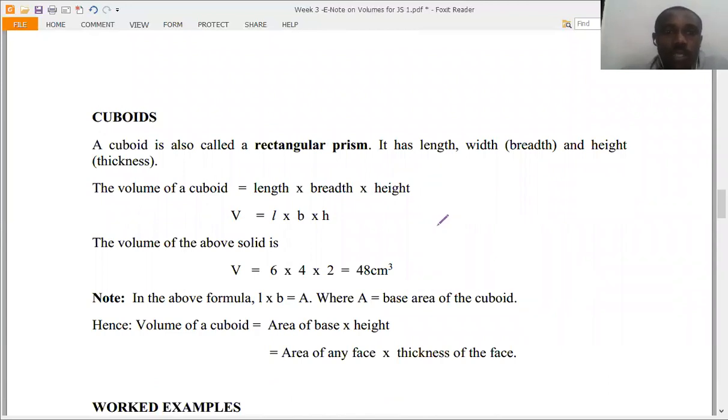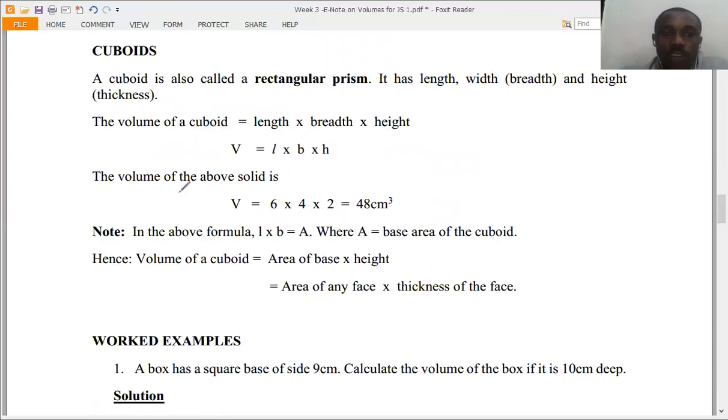A cuboid is also called a rectangular prism. It has length, width, also called breadth, and height, also called thickness. The volume of a cuboid is equal to length times breadth times height, which is equal to LBH. The volume of the above solid is,